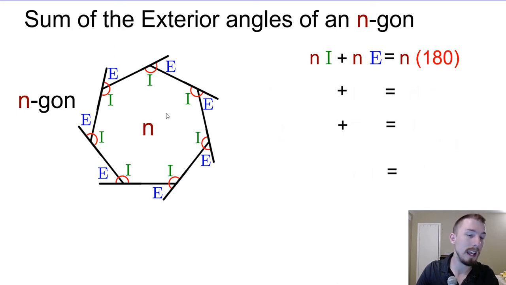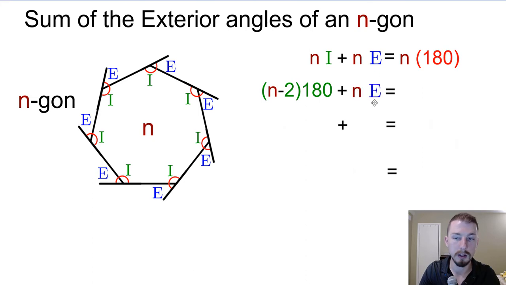All right, so on this n-gon here, we have n sides, we also have n interior angles and n exterior angles. And we notice that the sum of each pair of interior and exterior angles is a linear pair, which adds up to 180. So we have n times 180 degrees as well. So the n interior angles plus the n exterior angles, so all of these pairs, all add up to n supplements, linear pairs, which are 180. So we also know the formula for the n interior angles is (n minus 2) times 180. So we can kind of fill in what we know. (n minus 2) times 180 plus the n exterior angles, which we don't know what they add up to, even though it's 360 we know, but that's what we're going to prove,